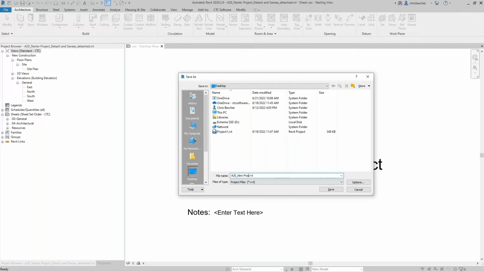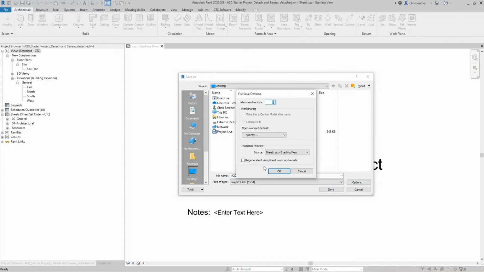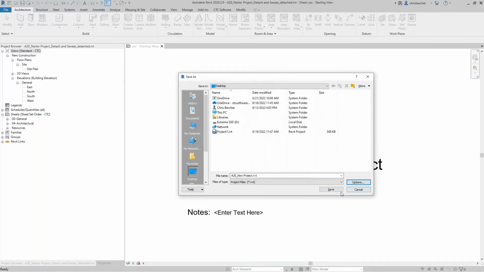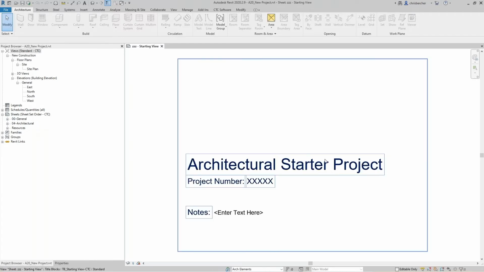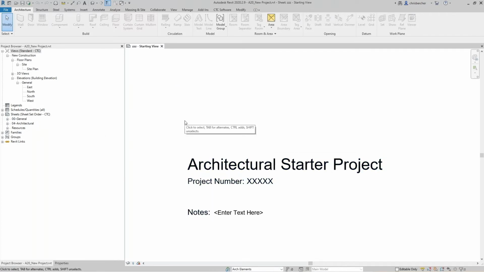Very, very light. I don't have much loaded in here at all. I've got a couple views, couple sheets, couple schedules, handful of families, right? I don't have a lot to work with. And that's by design. Because of HIVE, I've got access to everything that I could possibly need to bring